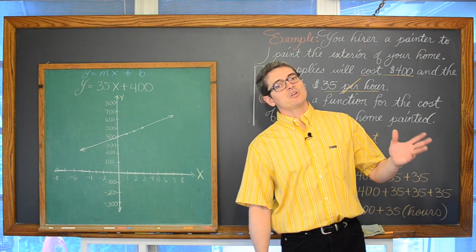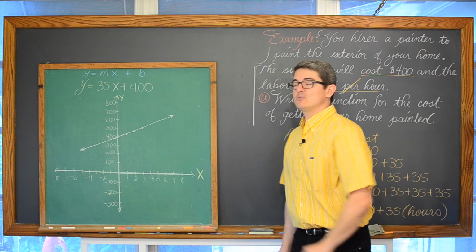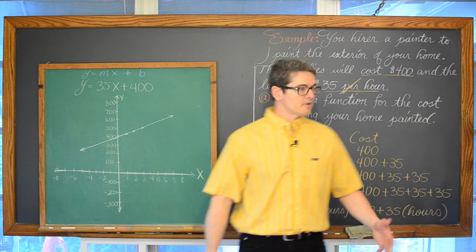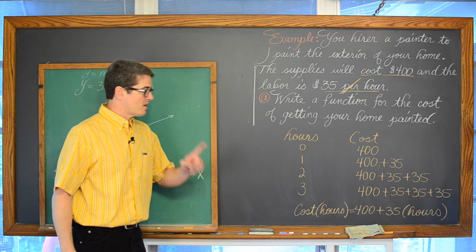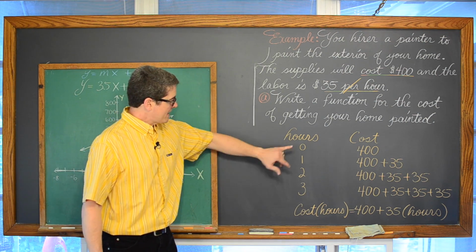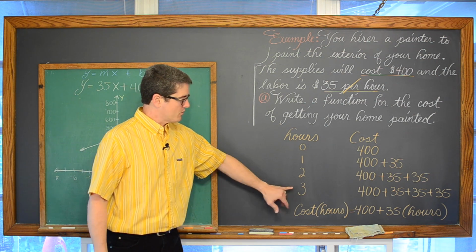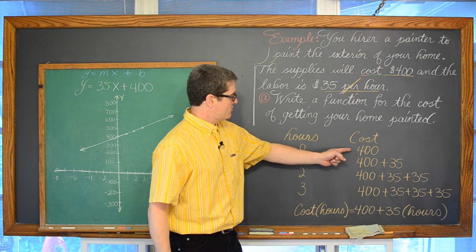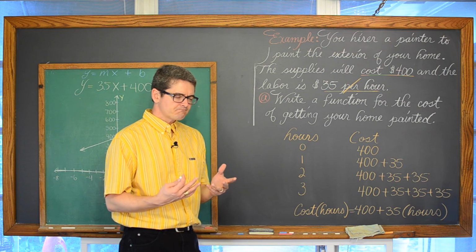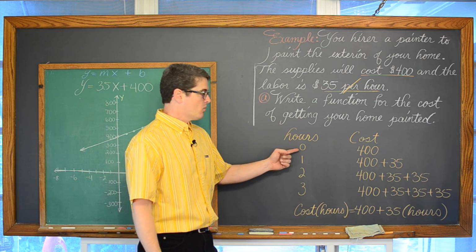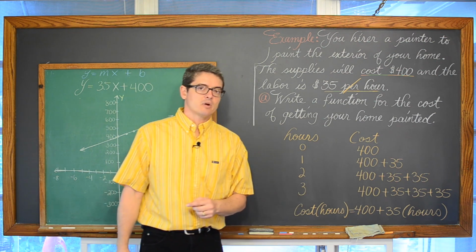Alrighty then, I totally forgot to put my graph into context. Do you see what is going on with this graph on the green board and what we did with our application problems? Oh, which by the way, you can see I changed a little bit. I wrote out the number of hours of 0, 1, 2, and 3. I did it verbally, but I didn't like the way it visually looked. And I'm figuring out the cost of, well, if I don't end up hiring the painter, but he has already bought all the supplies and worked 0 hours, it's going to cost me $400.